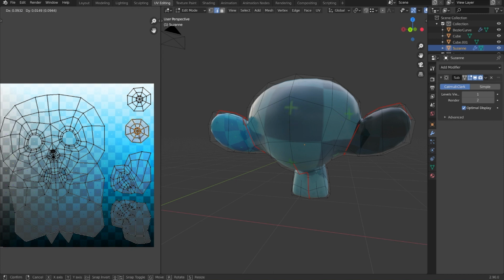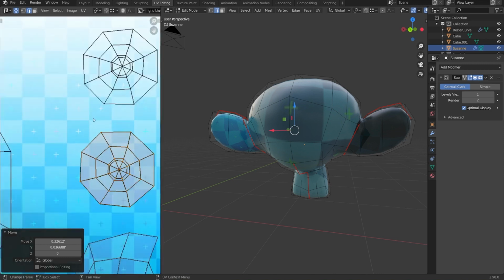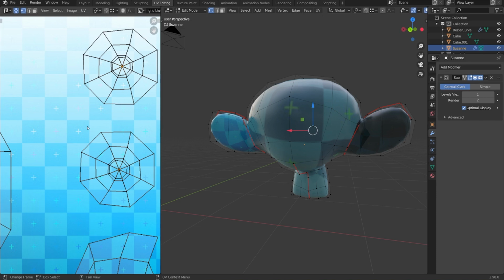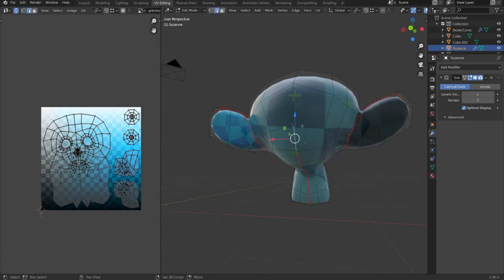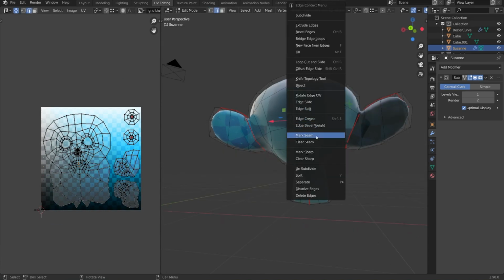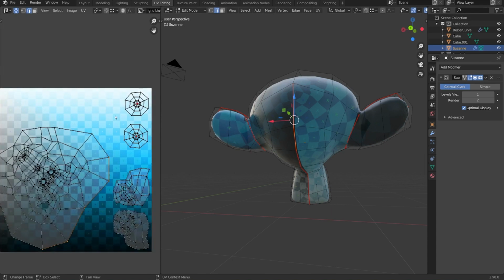Select this one, move it over here, and what we can do is pin these to the side. So to pin something, we just need to select it. I'll go to vertex select mode here, select these two vertices right in the center, right click and pin. Now when we unwrap, let's say we take some of these edges, right click and mark seam. Everything else is going to jump around, but those will stay in the same spot, or at least those vertices,